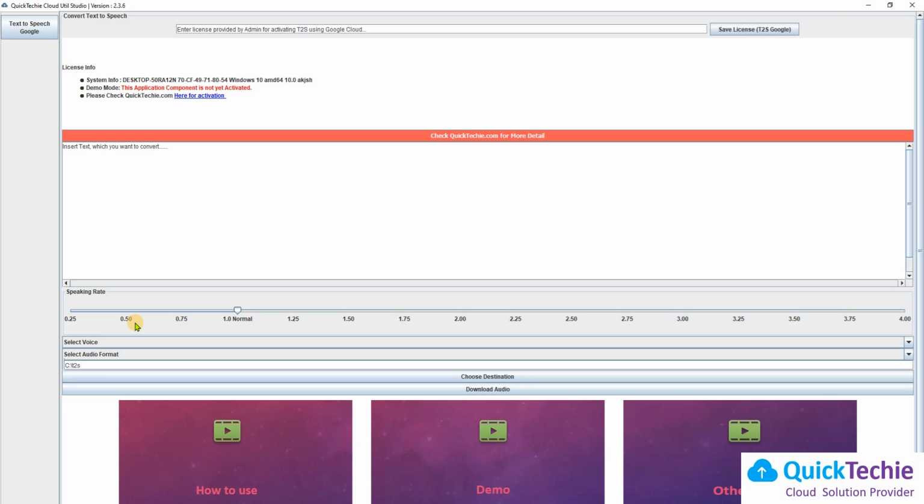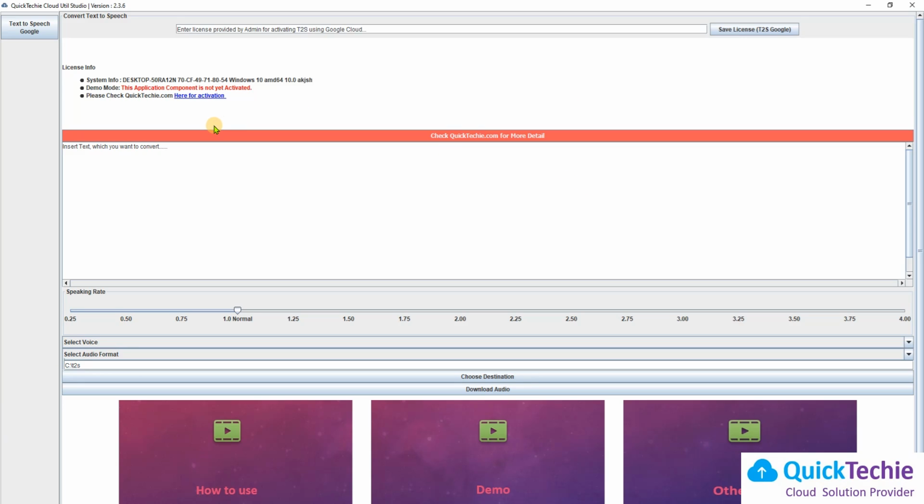Basic activation in Google Cloud you have to do before using this application. In this case, the application is already activated on Google Cloud, so I can even run this demo version. In a different video I'll show you how to do the setup on Google Cloud to use this application. Now let's go through this UI.